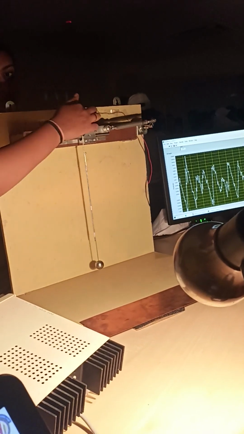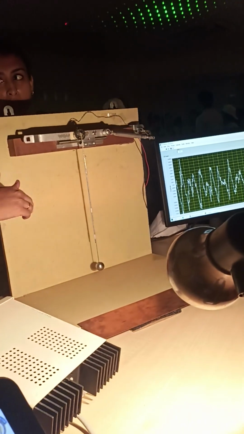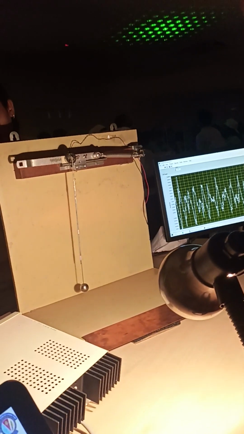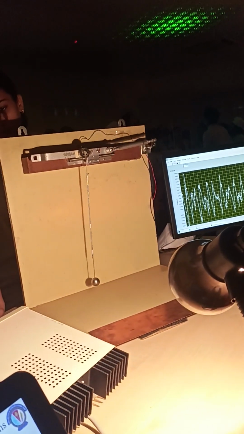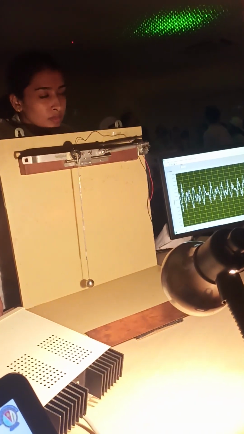Okay. Now I have to make this faster. So your guess is this will be increasing the amplitude, right? That is what you are guessing. Let's see what happens. I have increased a bit. Is it increasing? Let's increase it even further.